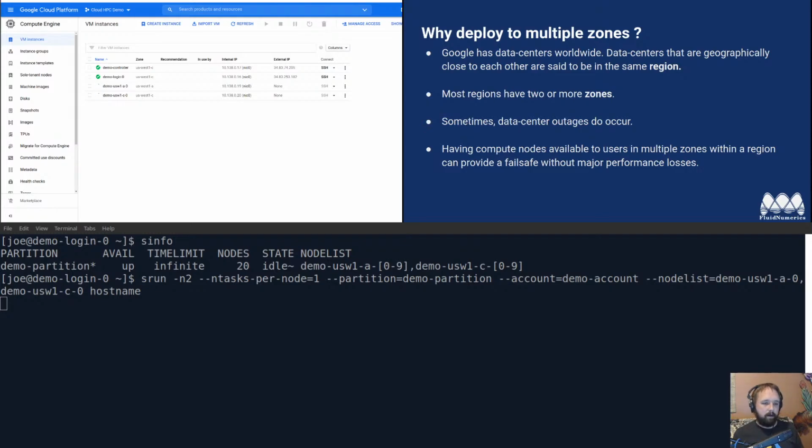As I've said a little bit before, Google has data centers worldwide. And data centers that are geographically close to each other are said to be in the same region. If you have compute nodes in the same region, you do get a little bit of a performance hit if you're hopping between data centers for communication. So if you really have serious performance considerations, like for MPI jobs, ideally you're running everything in the same zone. However,